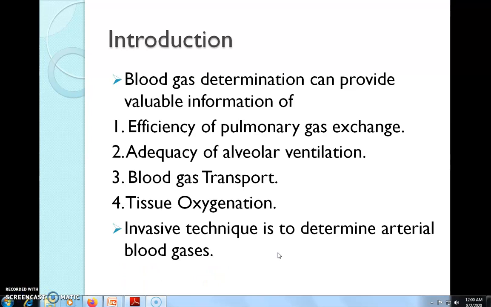Non-invasive blood gas monitoring is a medical procedure in which no break in the skin is created and there is no contact with the mucosa or skin break or internal body cavity beyond a natural or artificial body orifice, and without any direct contact we find the level of blood gases. That is non-invasive blood gas monitoring.